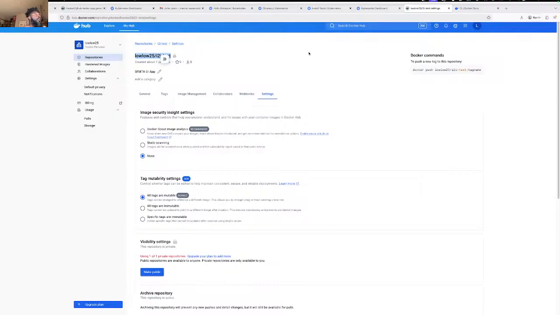Tags. Wait, is there nothing here? Let's see. Oh, what is here? What am I doing? Cube tester app. Oh, I see, here's a tag. So is there nothing here? Here's the repository, here are the tags. Right, I don't have anything here. There's nothing here. That's what's happening. No, we're not doing that, we're doing repository. Oh, test. I don't have anything here. Tags, image management.